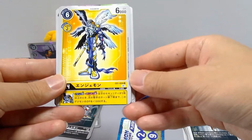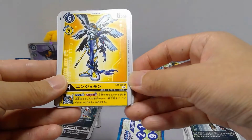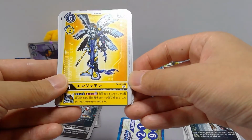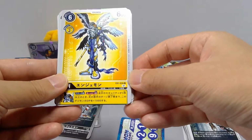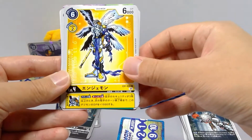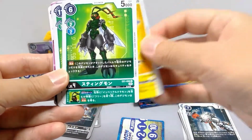Angelmon. Angelmon's, what you got? Attack once per turn. When you have 3 security or more during your opponent's turn, until the end of your opponent's next turn, this Digimon gains plus 1000 DP. Ooh, a permanent boost. That's pretty much every turn, so that's not bad. Stingmon,